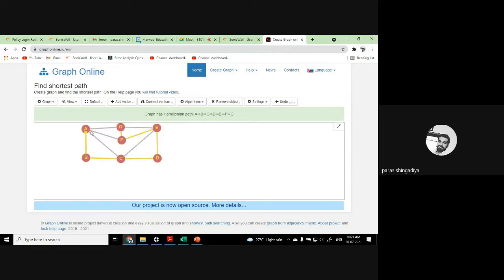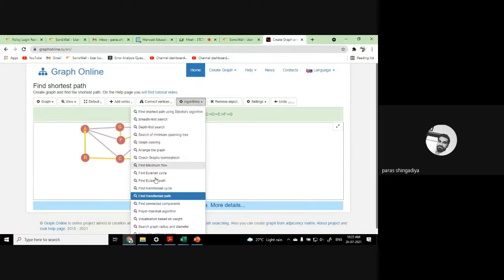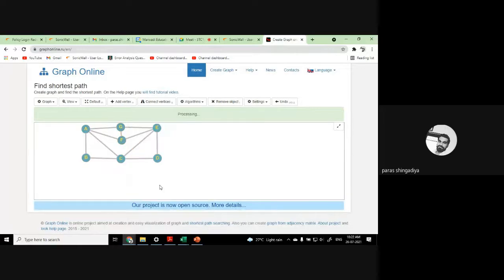If it again reaches back to A, it is a Hamiltonian cycle. But if we just stay at this G place, all the vertices are now included, exactly one time. So A, B, C, D, E, F, G, that is a Hamiltonian path. Okay. So you have to write both answers. If it is a Hamiltonian graph, you have to mention the Hamiltonian cycle first, and then after write the Hamiltonian path.